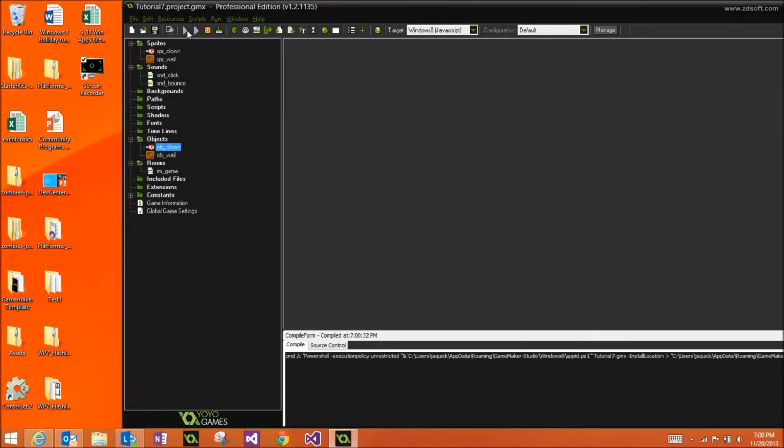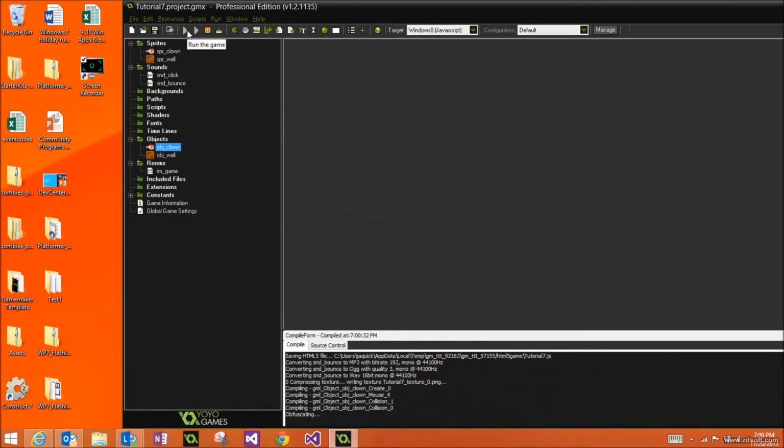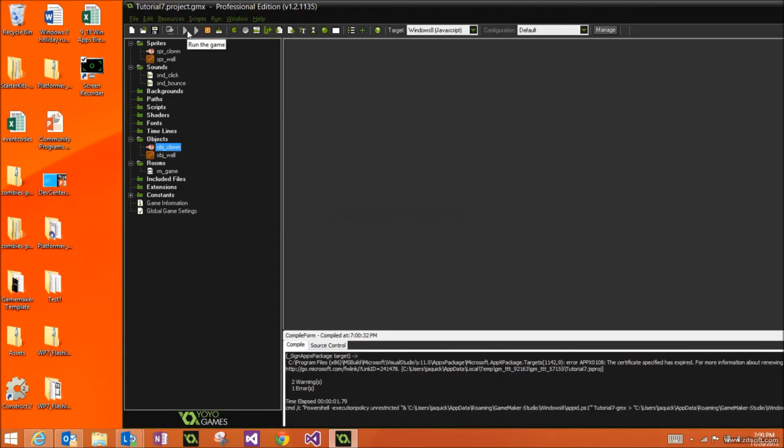You guys are running under the Windows target, right? Yeah. Okay, it's a lot faster than what I'm doing, and I don't know what's wrong with my Windows deployment, but